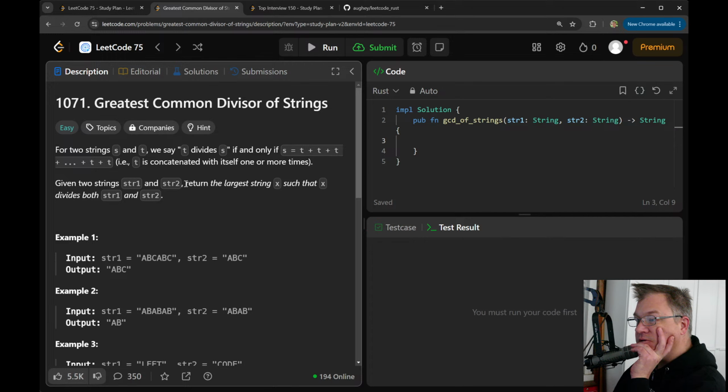Oh, we actually just need the largest string such that it divides both. So we're going to hit ones at the beginning that do not. So this actually will perhaps take some of this out. If we were to grow, good. We're not going to break here though. That'll probably be passing.